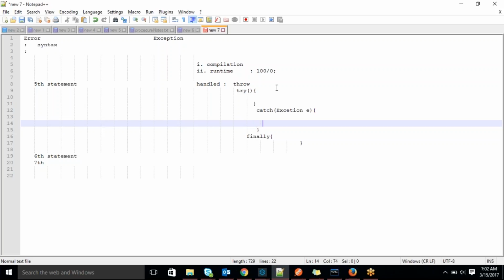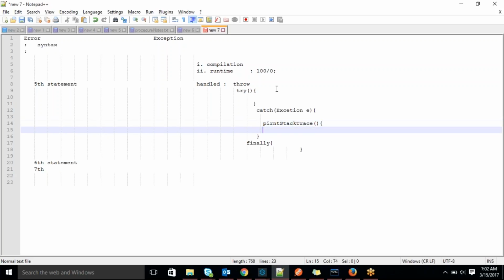Okay, so here, if you want to display it, we can use printStackTrace. Don't confuse it, I'm just trying to explain the purpose in Java. If you're not aware, no issue. In printStackTrace we just display the exception, whatever exception you are getting,